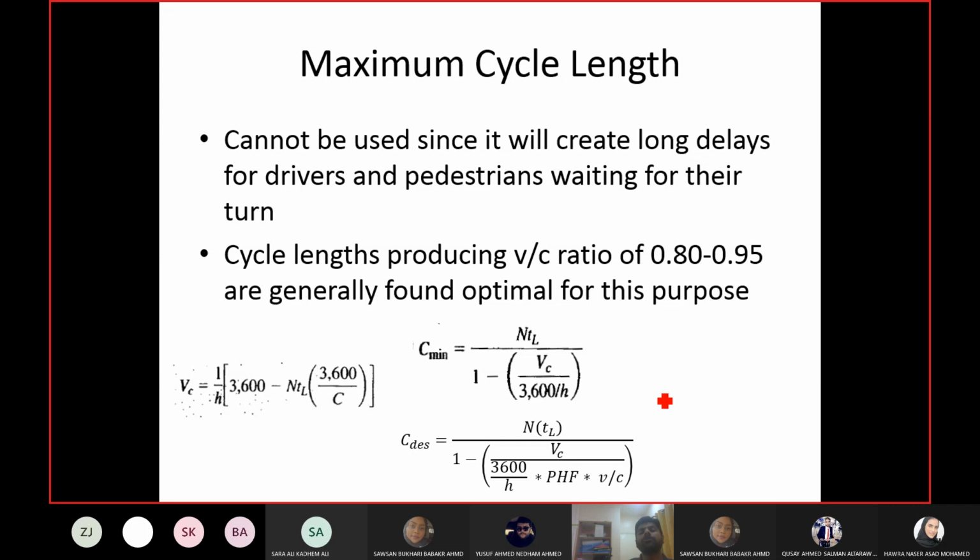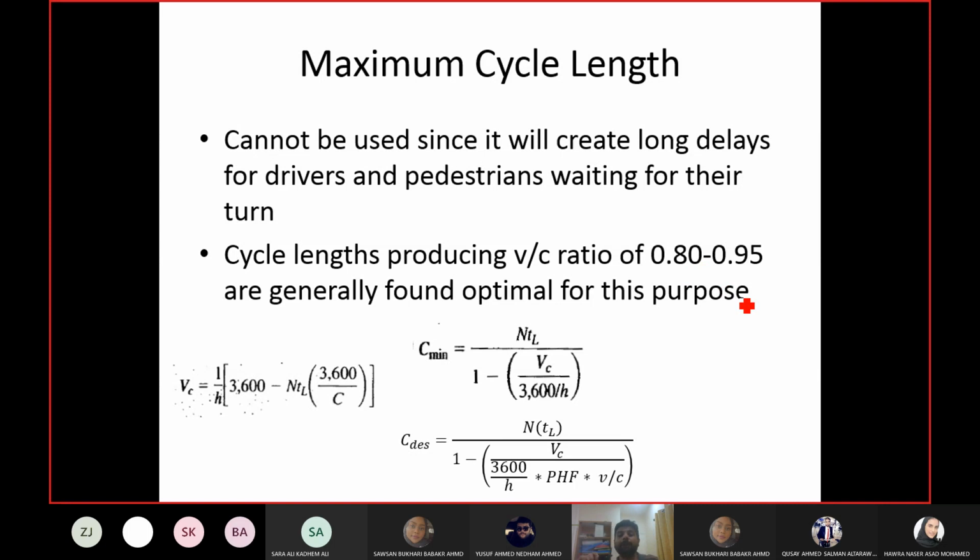Okay. Like you do for structural design, right? You have factors of safety, right? In structural design, you have factors of safety. You use it for steel design, concrete design. So V by C ratio is basically our factor of safety. Okay, and this should be less than 1. The range is given. It can be between 0.8 to 0.95. So a V by C ratio of, let's say, 0.9.